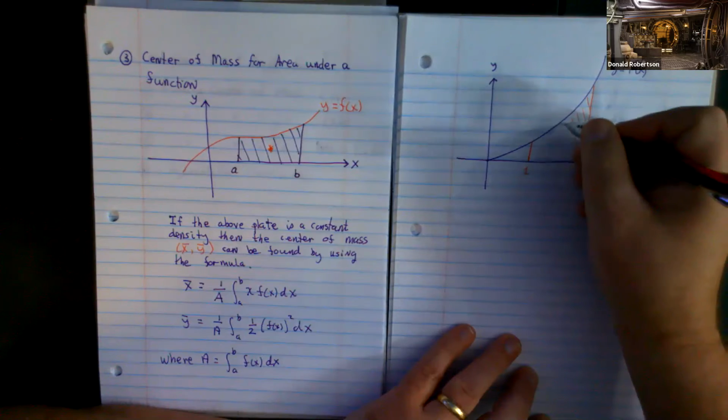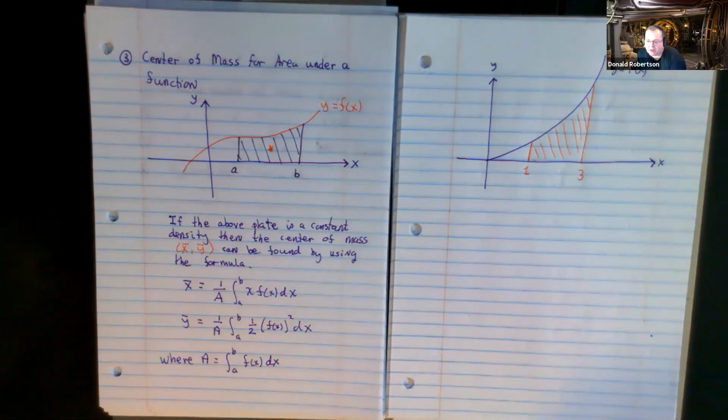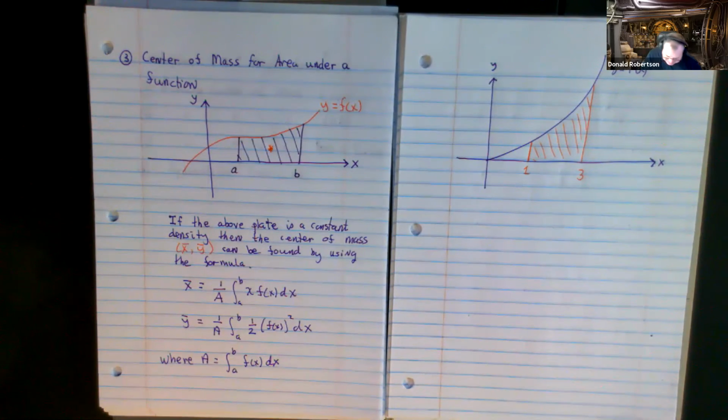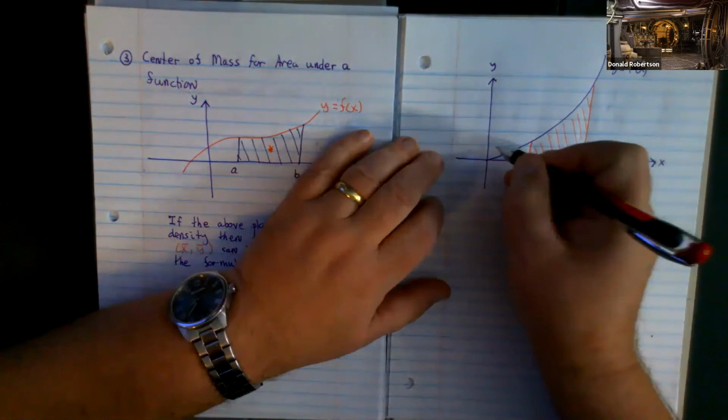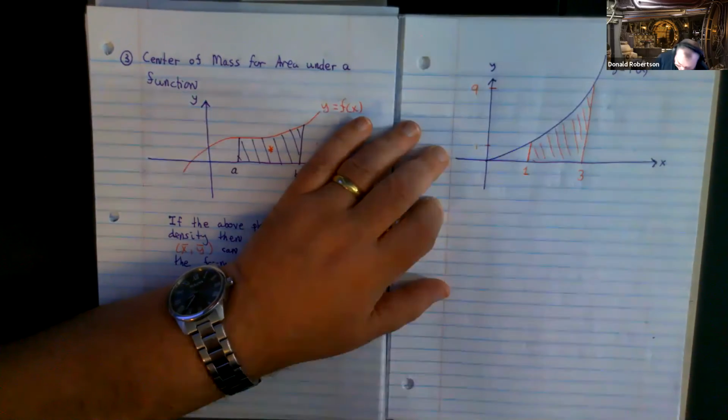And so the shape that we're going to find the center of mass of is that guy. Are we comfortable that we know what we're trying to find the center of mass of? It's a plate of metal that would be this shape. Now, if I tell you that this guy here is 1 and that this guy here is 9,